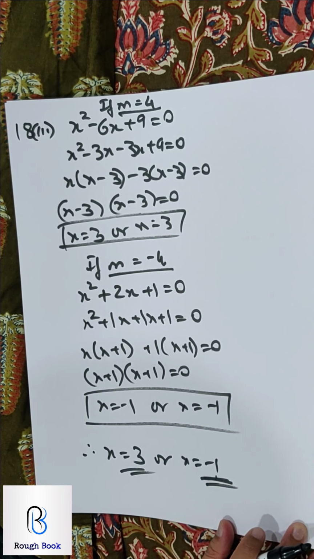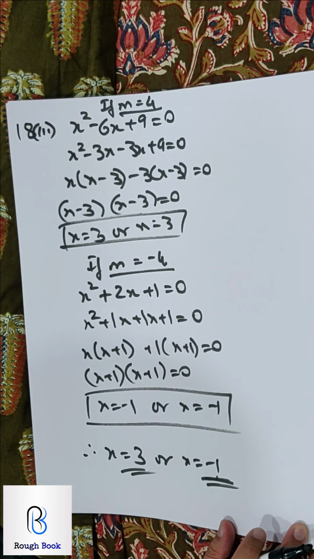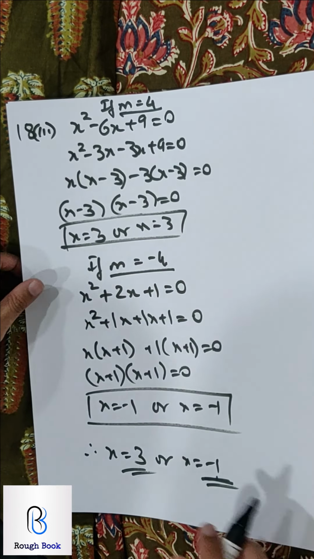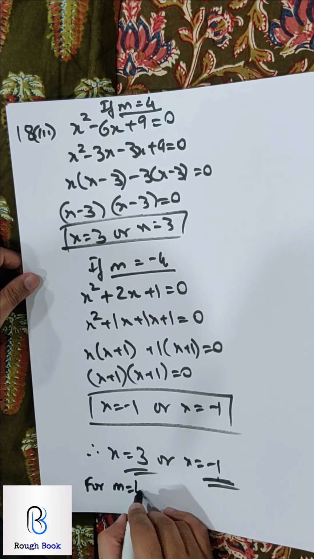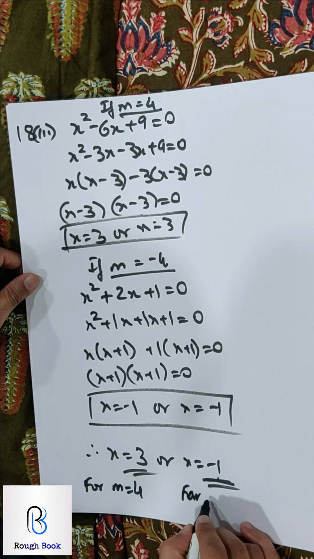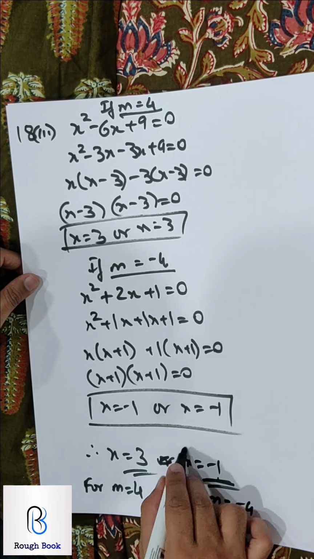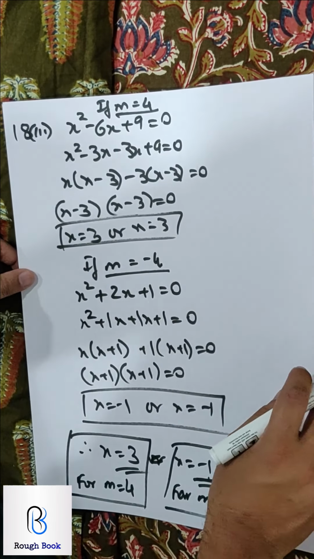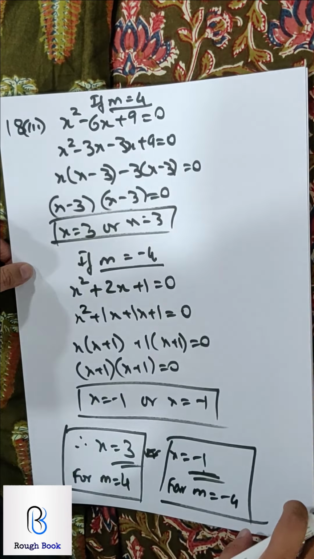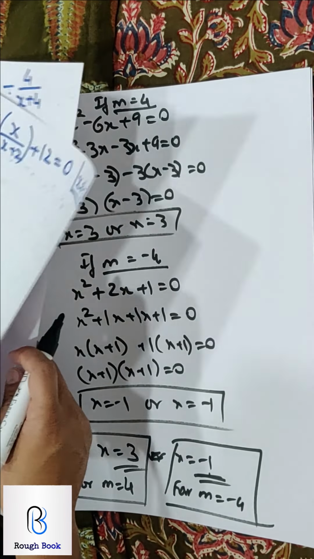You understand? So we need to read the entire question before we come to the final conclusion. So here you have to write for m is equal to 4, and here we will write for m is equal to minus 4. Let's not write or to confuse the teacher. Better write only this much. Are we okay till here, everybody? Yeah, cool. Let's go to the next one.